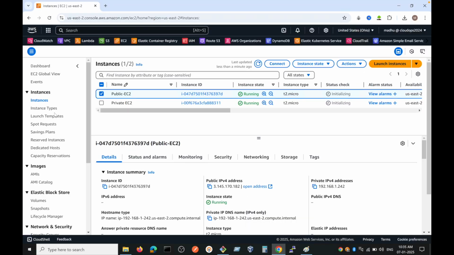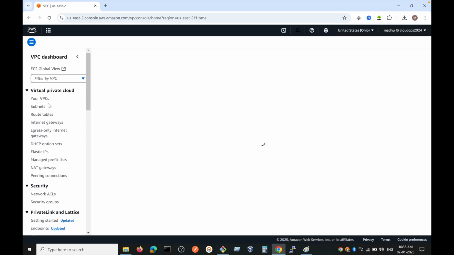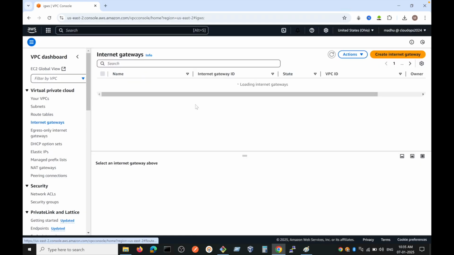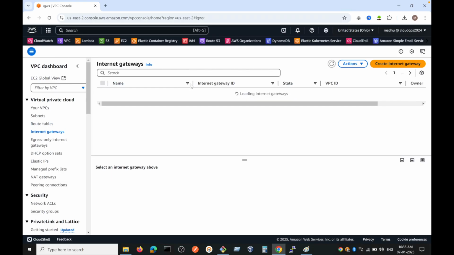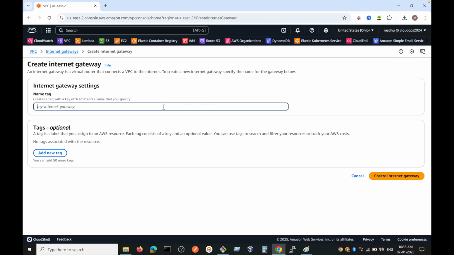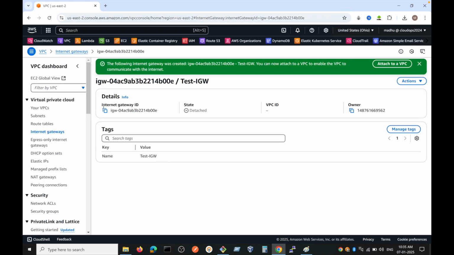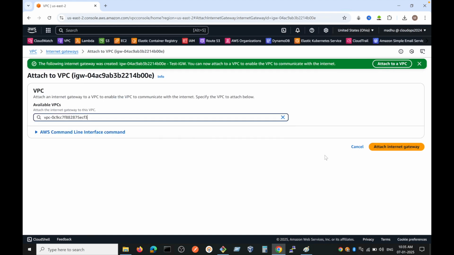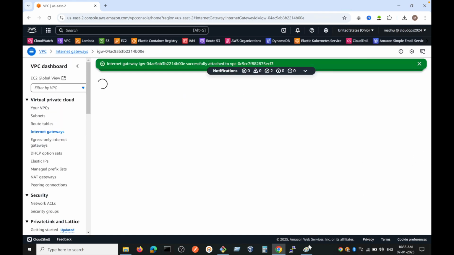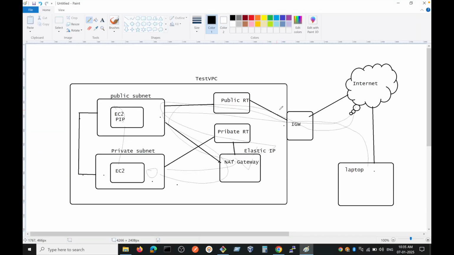Let's go to VPC again. If you go to Internet Gateway, oh, I'm sorry, I forgot to create it. Okay, let me create a test IGW, and once you create it, then attach it to this VPC. So that means we created the IGW and we attached it to this VPC. Okay. If I try to reach it now,